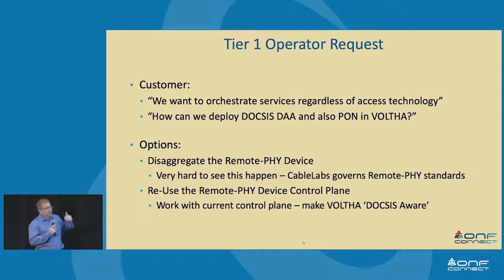And if the bulk of their customers are taking a 30 meg or 100 meg product today, that's something they were very concerned about: if they didn't have the same velocity in their wireline network assets, they would be at a competitive disadvantage. So they said, well, this remote PHY device, all right, we get why it's there, and we just talked a little bit about how it came to be. Why don't we just disaggregate it then?